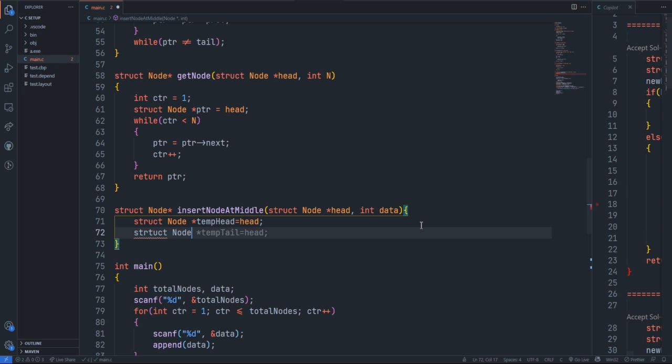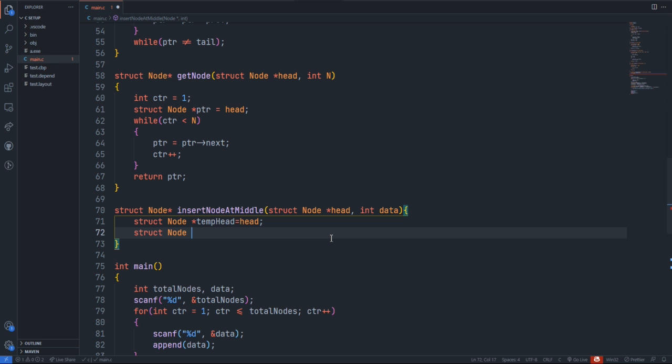Struct node. Come on, it just made me feel stupid, so I'm going to deactivate it because it is kind of irritating.